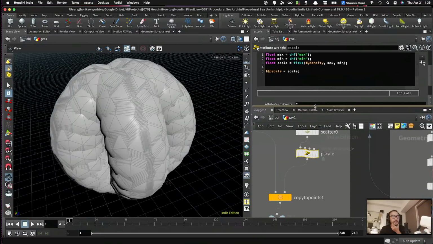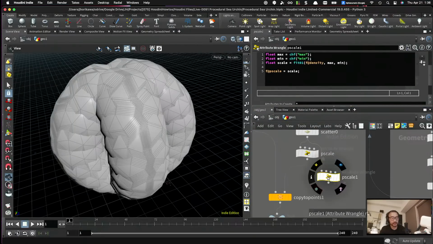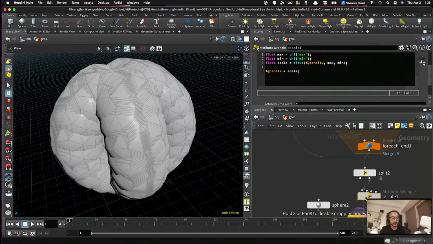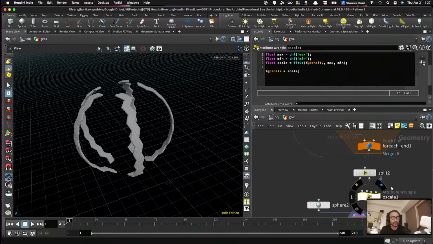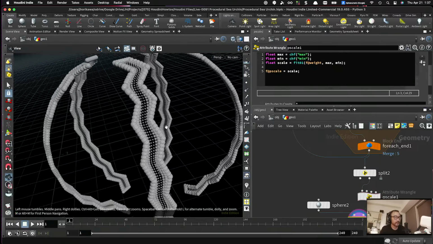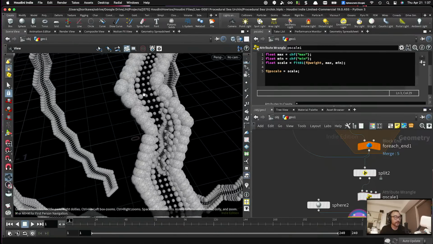Alright, so I'm gonna copy this one, bring it back to this one, and we don't have this density, but instead we have a weight value. So replace this with weight. There you go. You have some kind of a value,